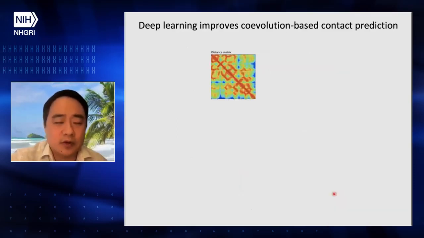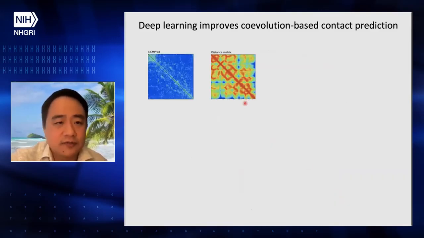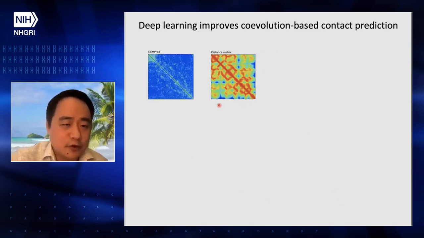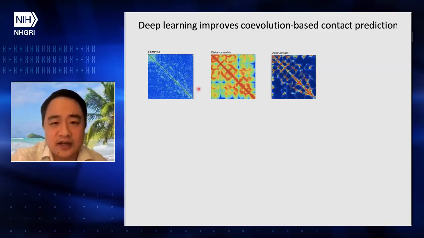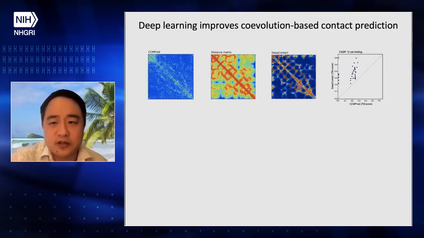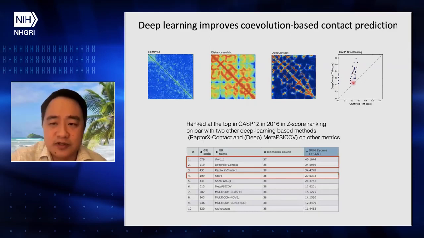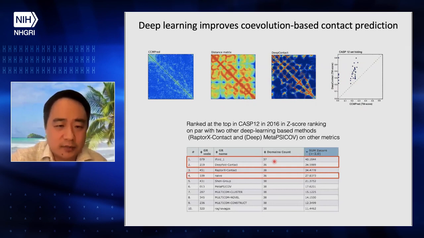Okay, so here is another example. This is actually the distance matrix from the native structure. This is the program we use to generate the input for the neural network, and you can see there's some pattern, but it's very noisy. And this is the version after we apply the deep convolutional neural network to the input. So what we got here is that we use the contact map to help fold the structure. We tested it in CASP12. You can see that it generated a much better structure than the original input, and our program was also ranked among the top in CASP12 a few years ago.